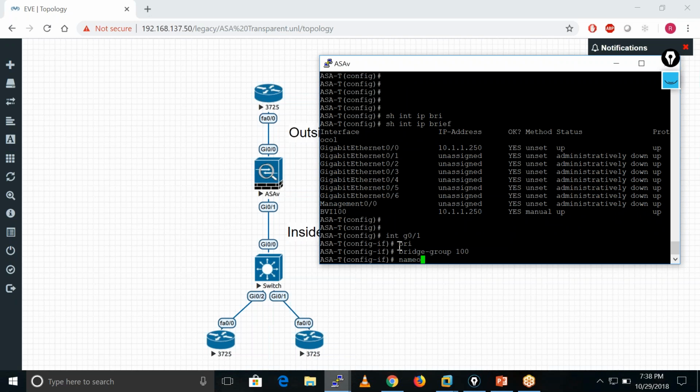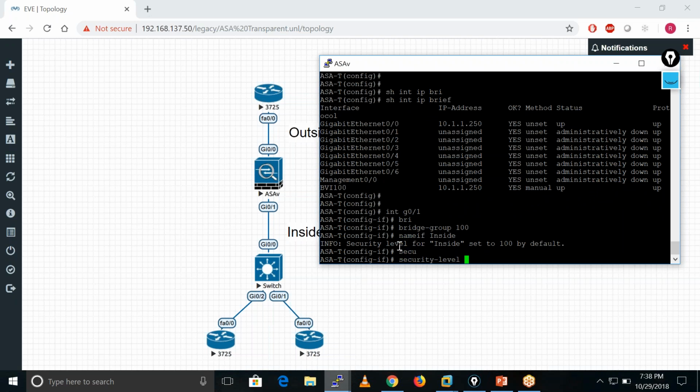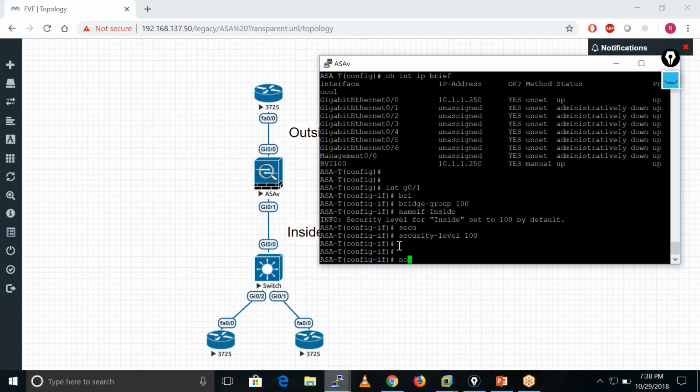Here I'll configure my nameif as inside, security level 100, and no shut.